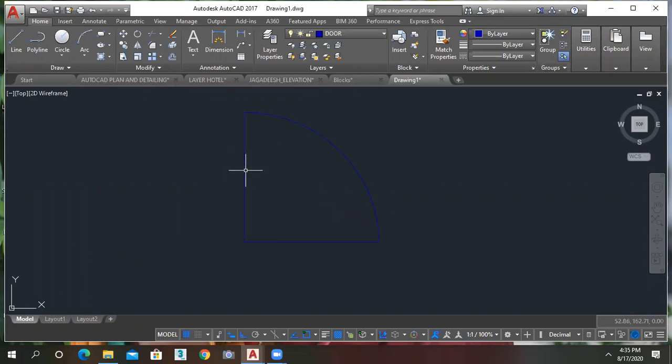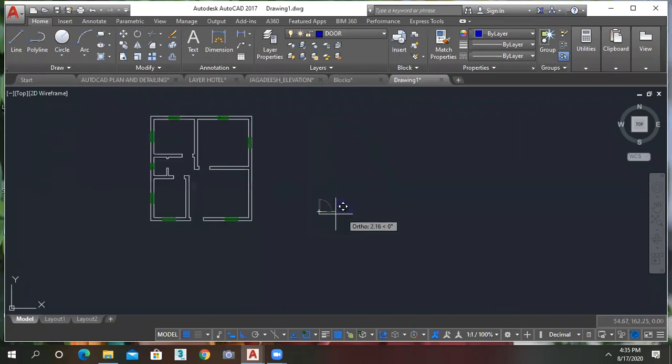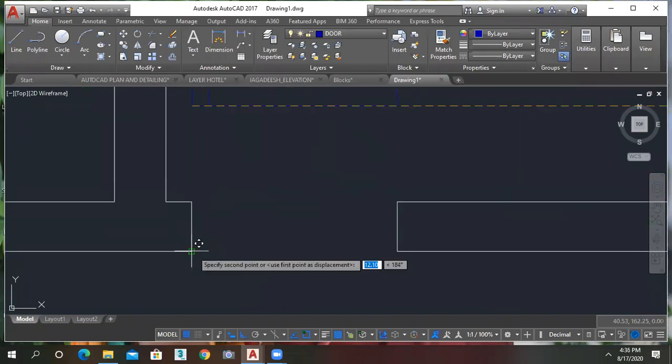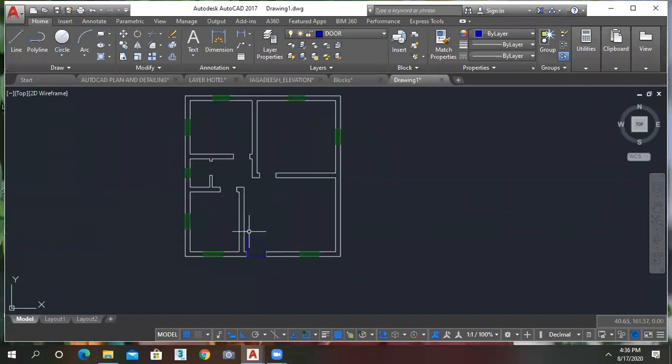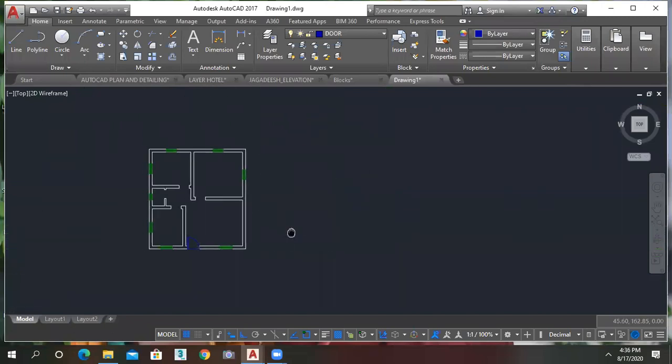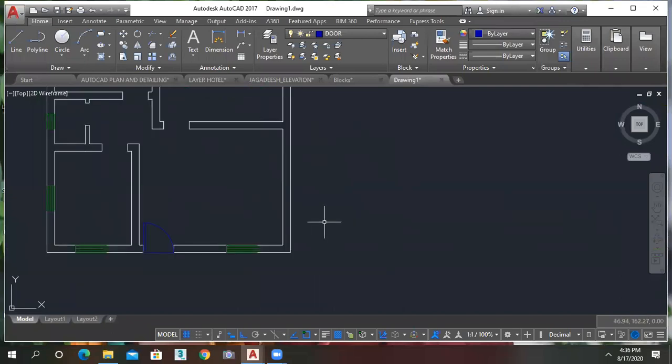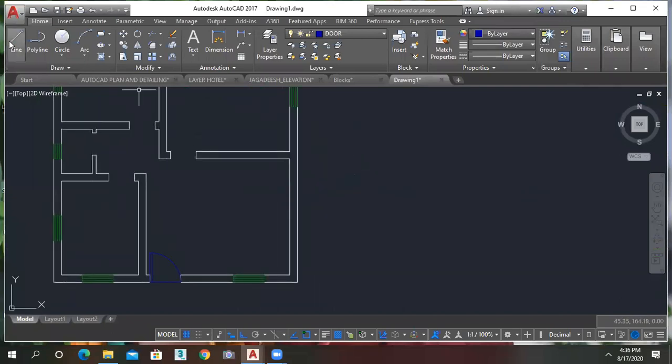So we have to give the thickness for the door frame now. So how much? 0.1 or 0.05. Okay. This is fine. So go here and just keep it like this. Is there any doubt in the creation of the door? Okay. So I will move for the D1 now.